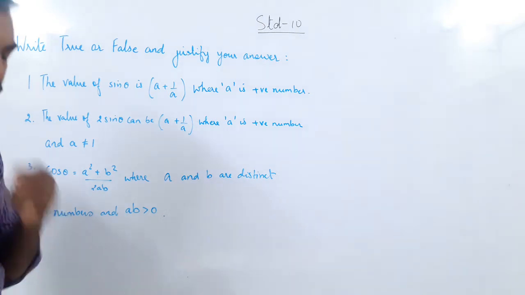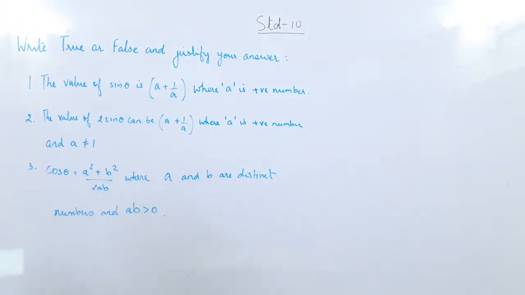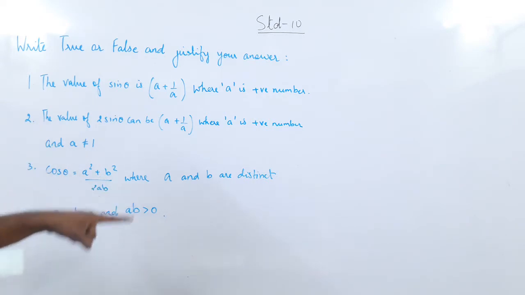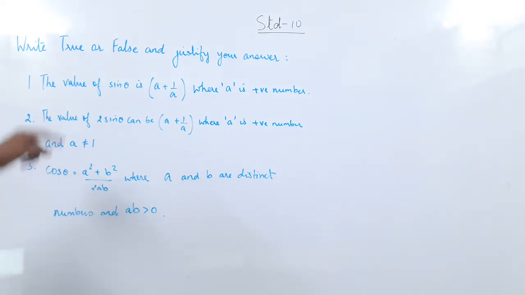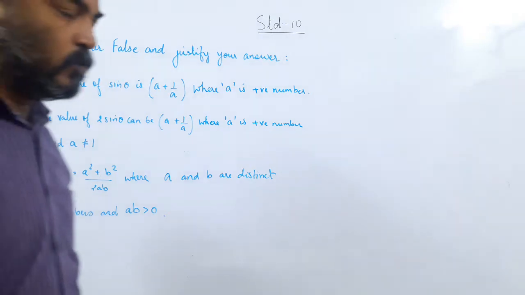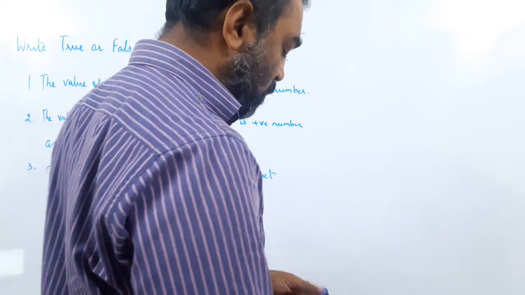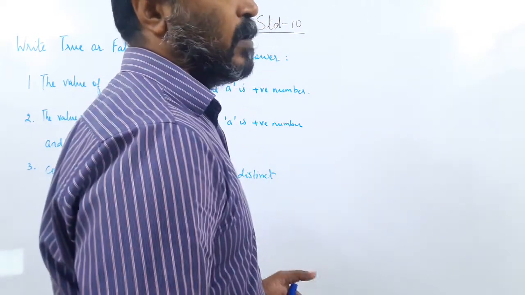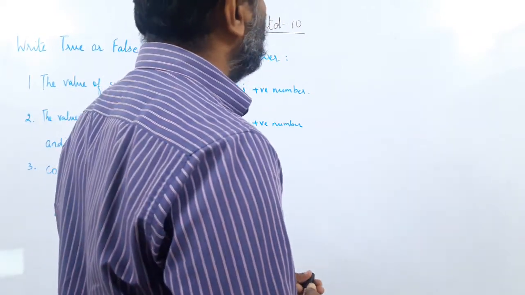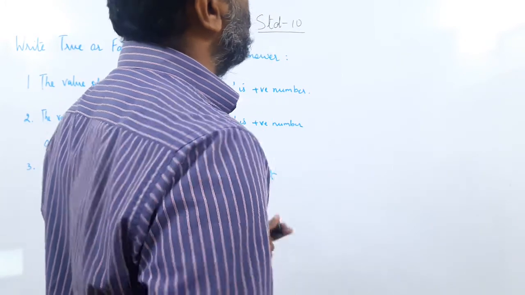So now, for this question, this is a different type of sum. It is not a proof that it is true or false; it has something to do with values. Okay, we have to find the value. So this sum has something to do with values. We have got sine, 2 sine, cos. Now, to know the values, the first approach we will see is the trigonometric table. What do you know about the trigonometric table?